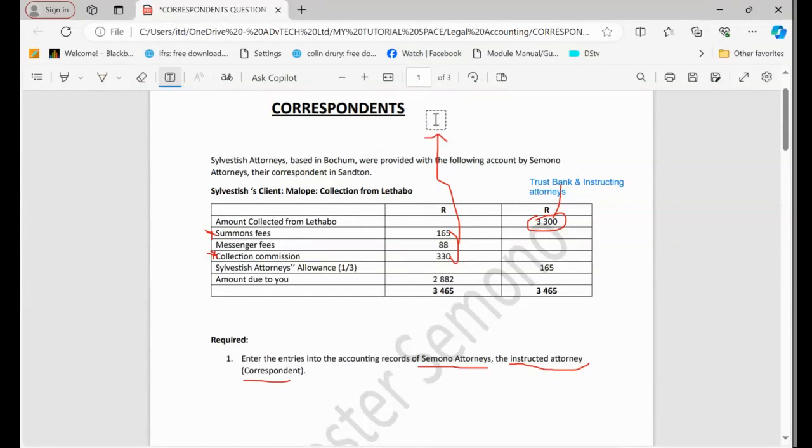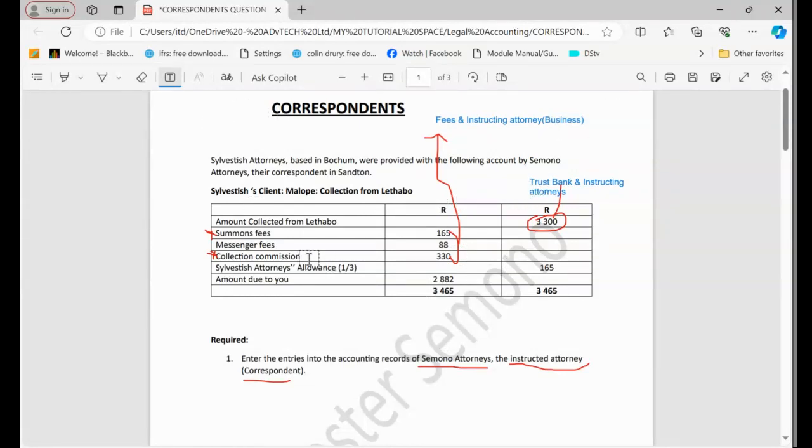And remember, the fees will always go with what? With the client. So we're going to affect the fees together with the instructing attorney. But which one? The business one. Okay, so we need to be careful. Now the business one. So this will be affected because it's like we are billing what? We are billing our instructing attorney. So we need to make sure that we go and affect those accounts. Remember we still have to show in the accounts. For now, we're just analyzing.